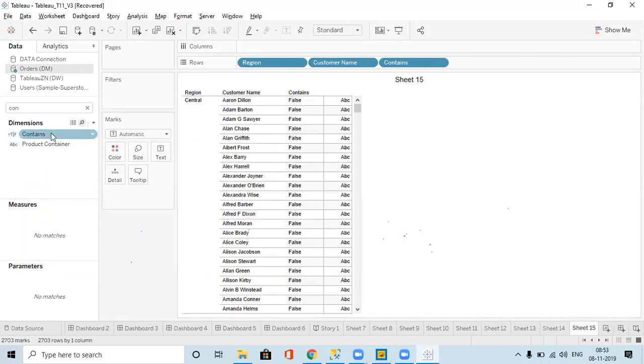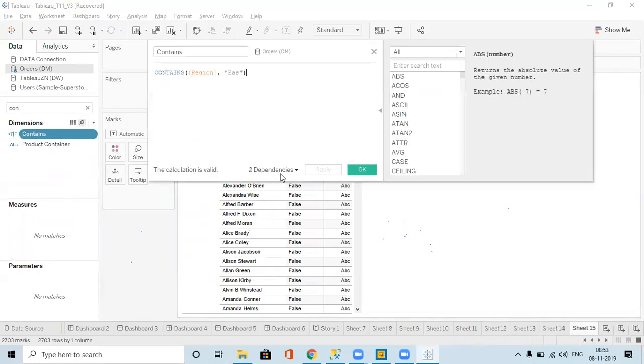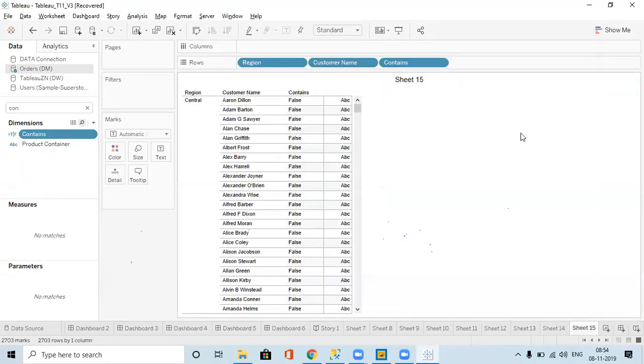Okay, it is given, right? Now you go and edit that. So we have two dependencies. What do dependencies mean? Wherever we have used this calculation, we will get to know. I have used it in sheet 14 and sheet 15. Okay. It shows where all you have used that particular calculation.